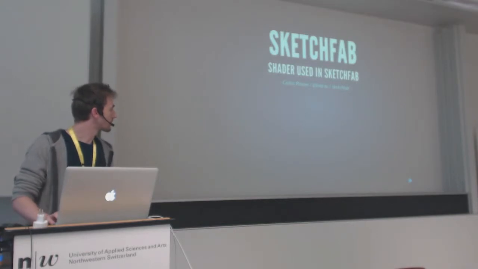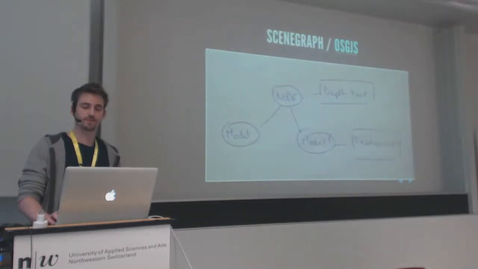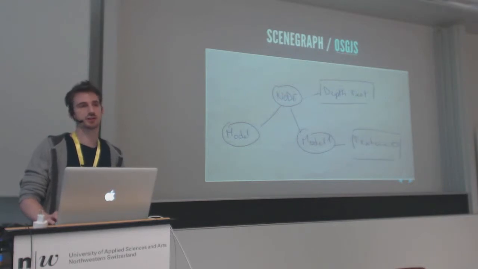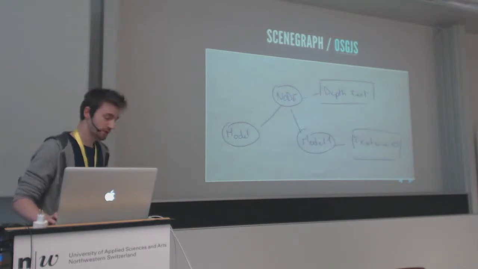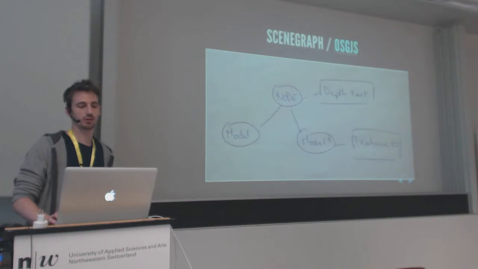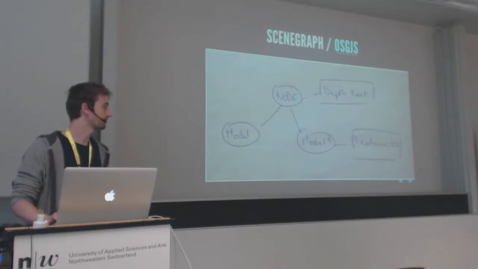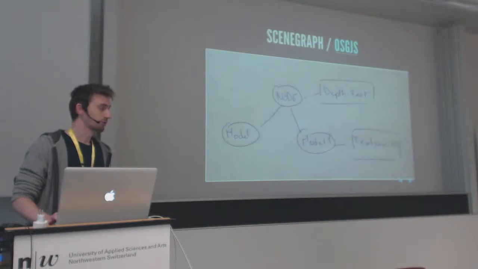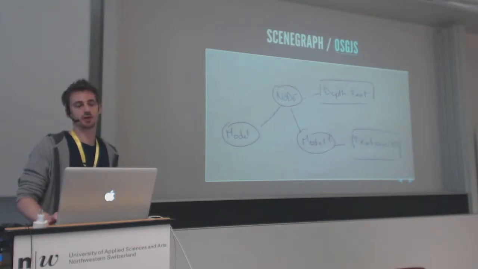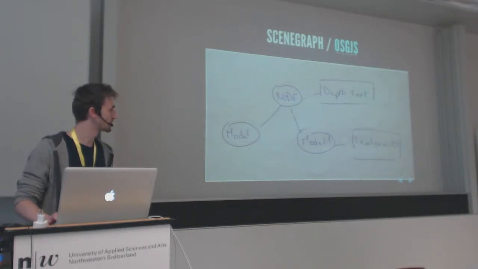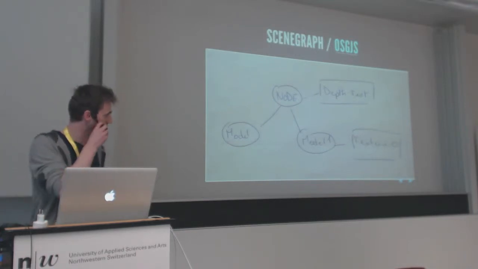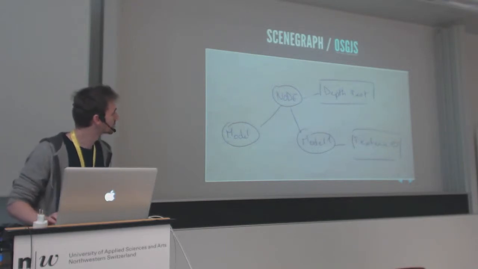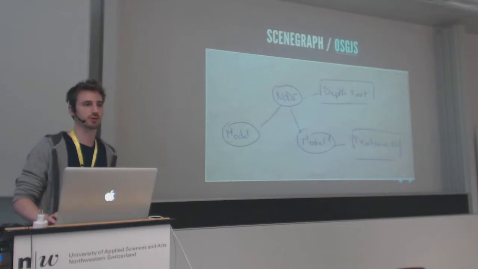So for this project we use SceneGraph, OSG.js. It's based on OpenSceneGraph. So why? Because I worked with OpenSceneGraph a long time ago, and when WebGL came on the web, I wanted to work the same way with the same kind of tools. So I started to write a minimal implementation of this SceneGraph, but in JavaScript. Basically, it's very simple. You can have some attributes on a node, called a state set, and you can associate some kind of texture, material, and stuff like that.